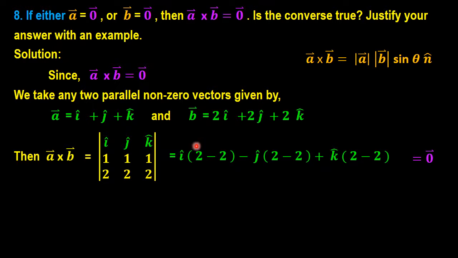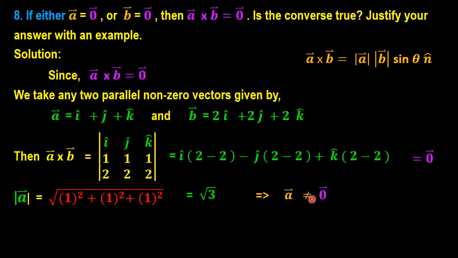Now we're going to check whether the magnitude of vector A or vector B is 0 or not. So our A is here. The magnitude of A will be the square root of 1 squared plus 1 squared plus 1 squared, which is root 3. So this implies that A is not a zero vector, because